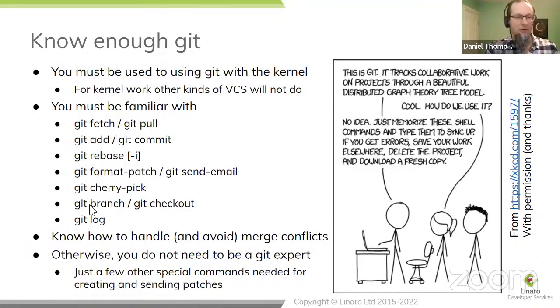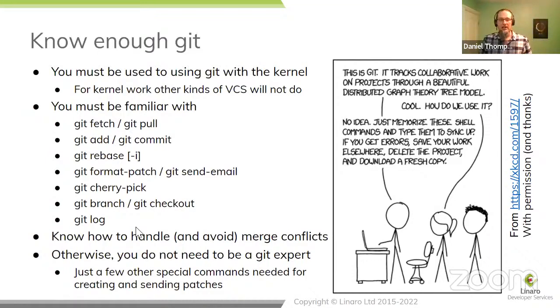Obviously, being able to work with branch and checkout so that you can back up old branches, you can keep temporary branches, you can separate your work effectively. And then finally, git log is not just something you pipe through less and then use search strings. You can actually do search strings built into git log itself. So being capable of doing effective archaeology with git log is also a way to boost your productivity and help you answer questions about why is this line of code in the kernel. Should probably add git blame to that list as well.